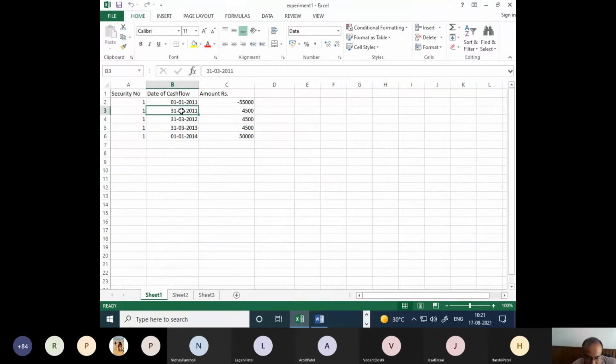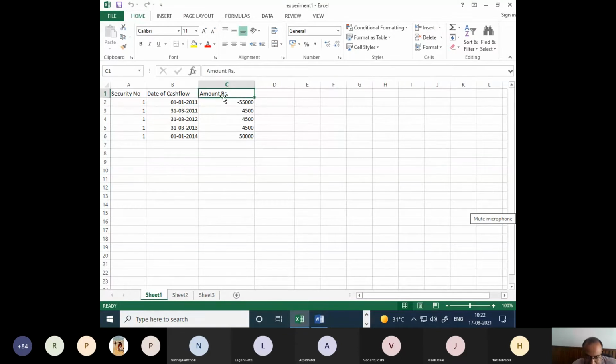My PC is slow right now, but you set the format as date, and in date you can set many formats. I have set it to DD-MM-YYYY, as I am working with UK English, Indian English, right? So that format is to be followed. The date format is 17/8/2021 here on my screen, and the same format I have used in my Excel file.